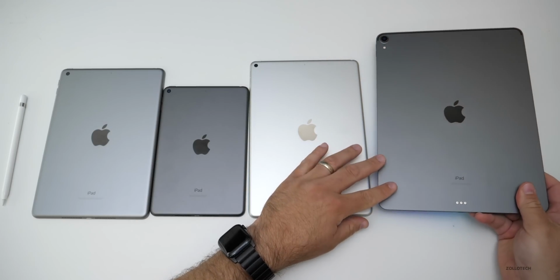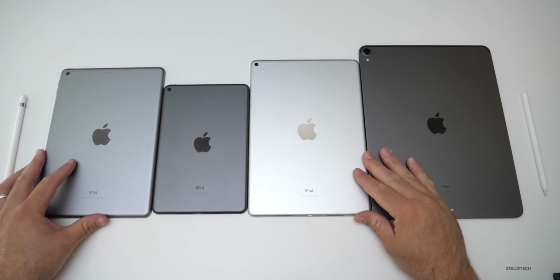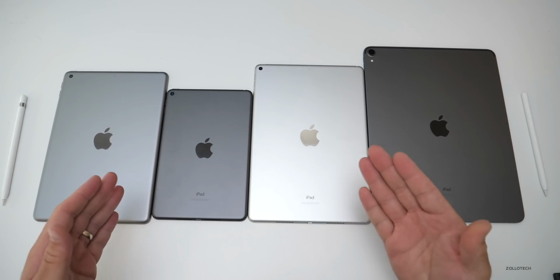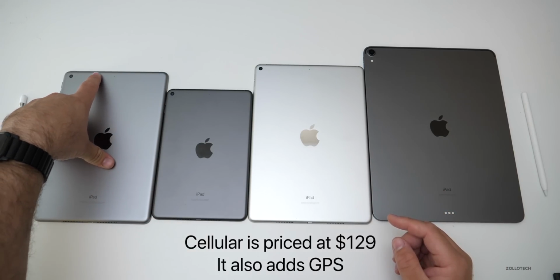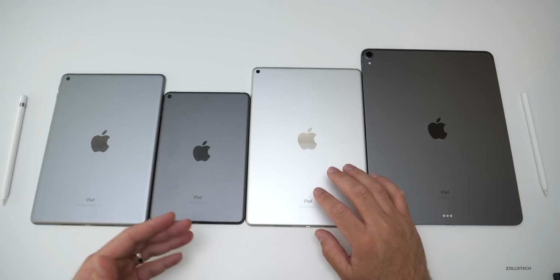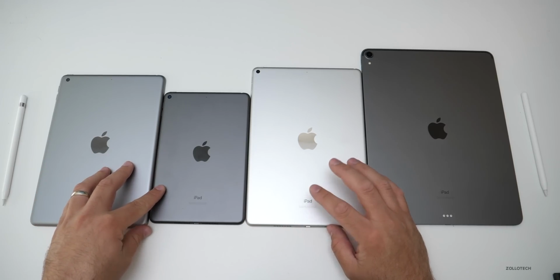Now each one of these does offer cellular connectivity, but none of these have that. I tend to find that it's better to use my iPhone for that connectivity and save the money, because each one of these will cost an additional $129 if you want to add cellular. You can tell that easily because they'll have a little plastic cutout on these to provide that cellular antenna, since the signals don't travel very well through aluminum. And each one of these is made of aluminum, so there is no difference as far as the build,